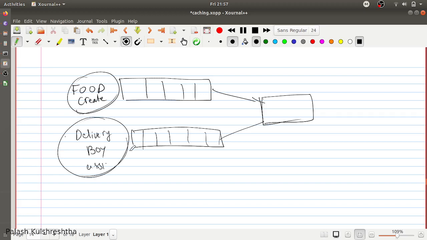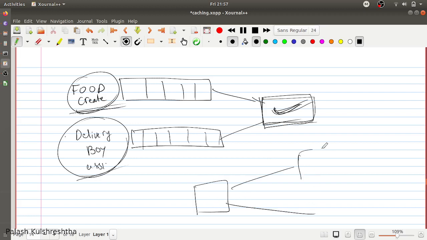So if it wants to have dependence on these two queues, for example, for an order for which food has been created and a delivery boy has been assigned, and it wants to take action on these two things, then this service has to write its own logic, because there is no central service which is orchestrating the interaction between different services. So this service has to implement its own orchestration so that it can handle multi-dependence on the messages. For example, right.